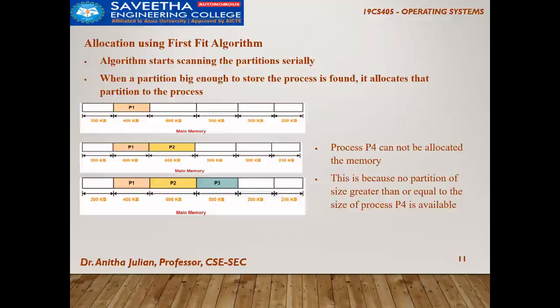And then the next one was around 500 I think. So we have fitted it into the 600 partition. And the third one was again within 250, 300, 391 or something. So it is getting fitted into the 500 partition. But the last process P4, it is not fitting because it is I think greater than 300. So you can neither fit it into this 300 KB nor 250. So the process 4 alone, it is not possible to fit. Using the first fit algorithm, we cannot fit all the 4 processes. This is what is our conclusion.